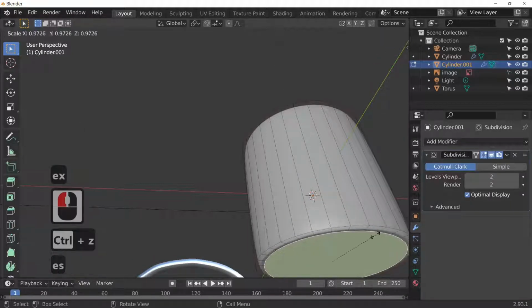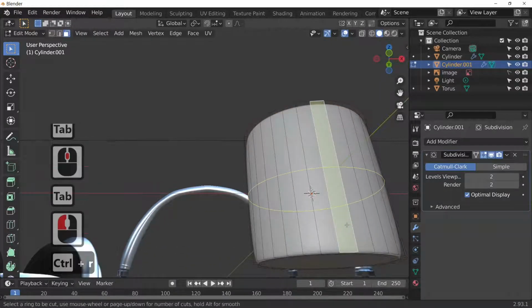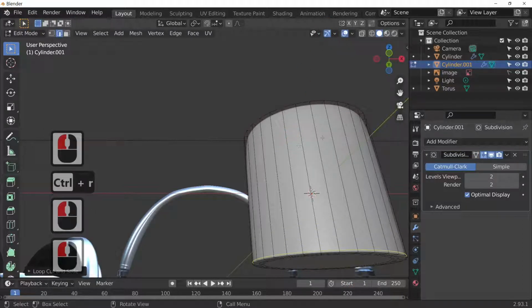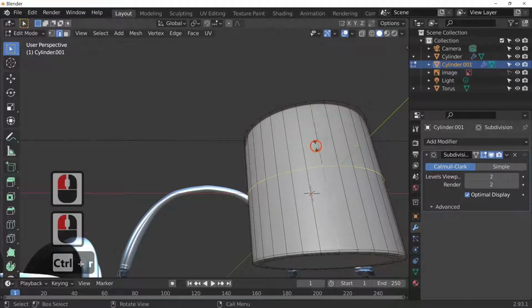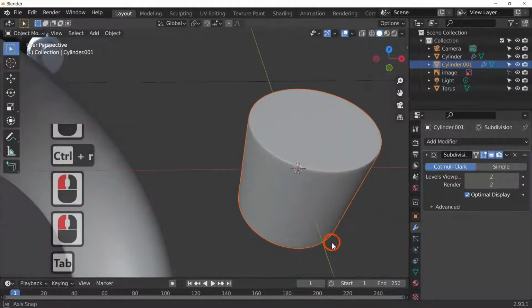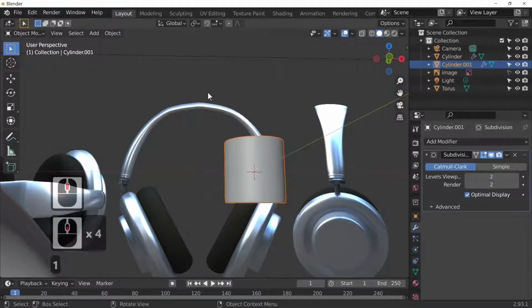So back into edit mode, E and S, E and S, E and S to scale. And if you want to make something really sharp, you can still add a loop cut like so on that side, and do the same on the top if you wish, and that will make a really sharp cut. So looking from the front,